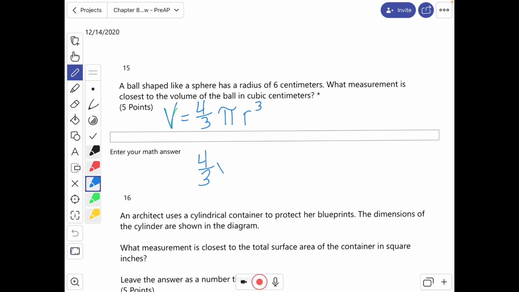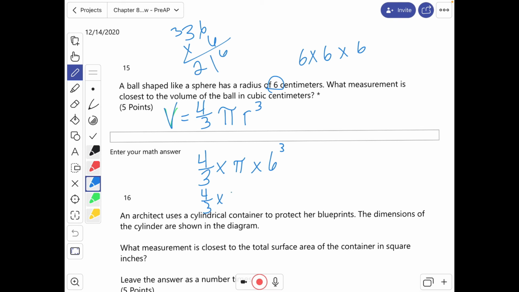Then I need to plug in the numbers. 4/3 times, I'm just going to leave the symbol pi, times the radius, which is 6 to the third power. 6 to the third power means 6 times 6, which is 36, times 6 again, 216. So then it's 4/3 times